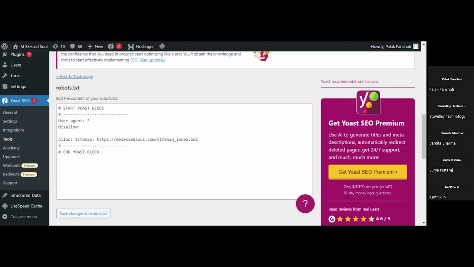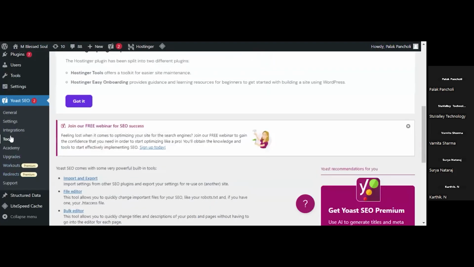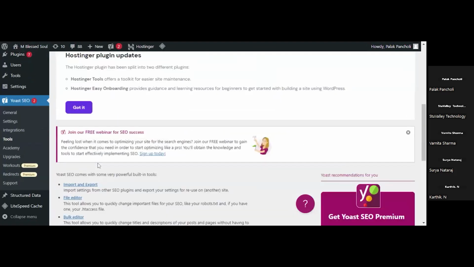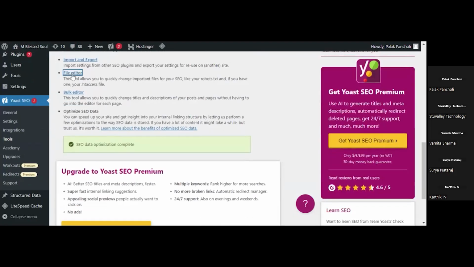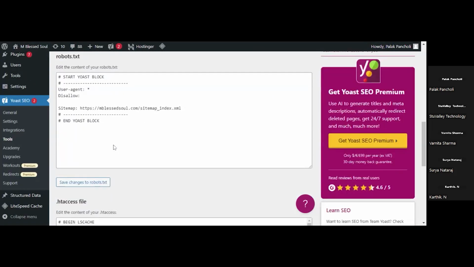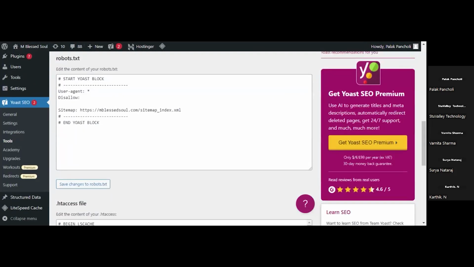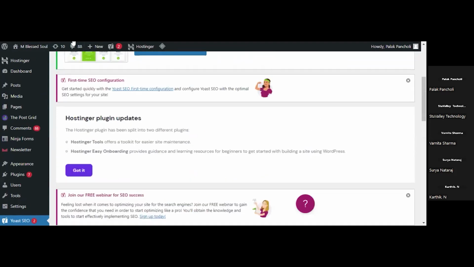And in the disallow section we will put all the pages that we don't want to rank. Is it in Tools or Yoast SEO, ma'am? In Yoast SEO you will find it in tools. I'm showing the process once again. You will click on tools, in tools you will find this file editor, and when you click file editor you will find this robots.txt file. So this is robots.txt.